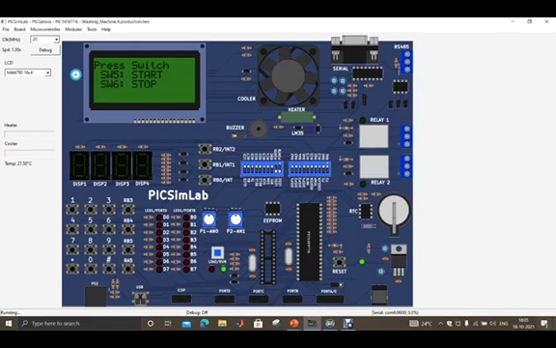Once we press switch 5, the washing machine will start, as we'll be seeing right now. Now we have pressed switch 5 and we can see the washing machine has started. The timer is getting reduced with each second, and we are still getting options like switch 5 to start and 6 to pause. Once we press switch 6, the washing machine will pause, and in order to start the washing machine again, we press switch 5.